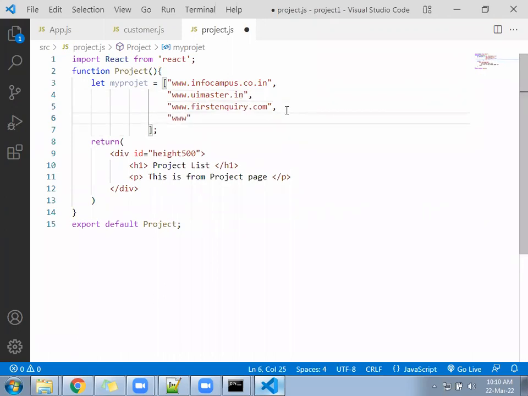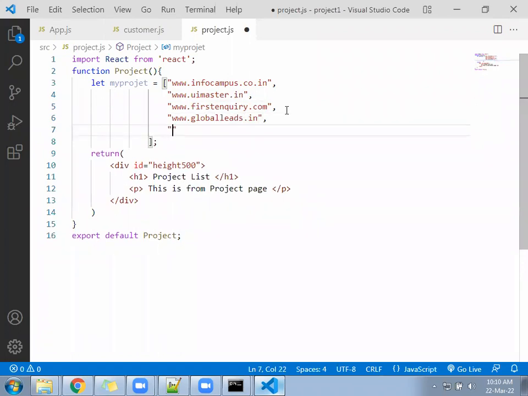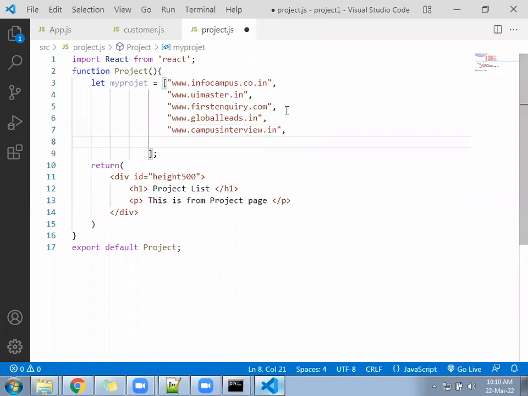W dot globalleads.in, www.campusinterview.in, just adding some website names to create a list. www.gyanguide.in,